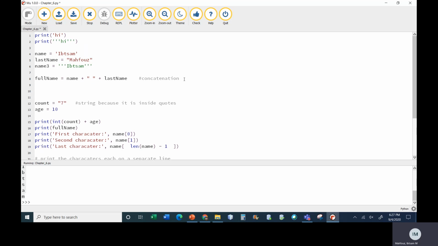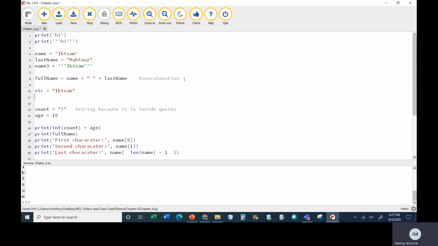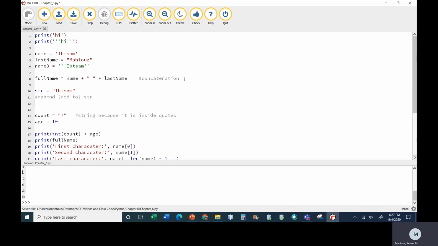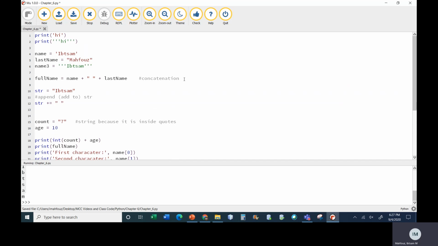I could have here name1, str equal to my first name. And then what I want to do is append or add to str. So I'm going to say go to str and add to it a space. And then go to str and add to it